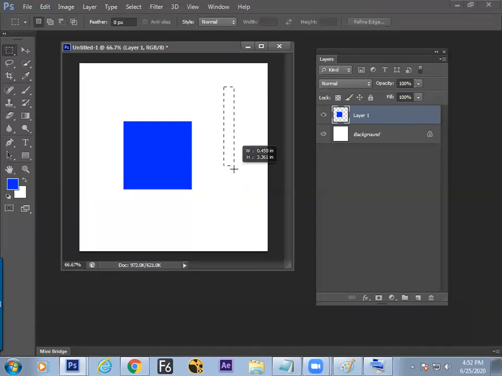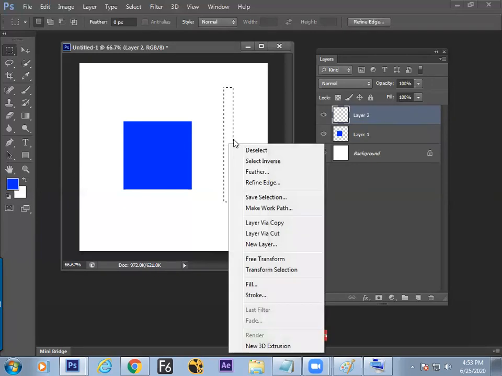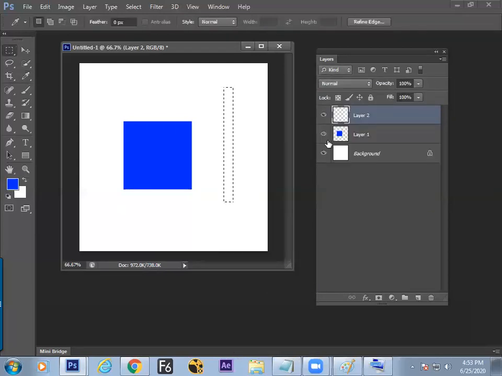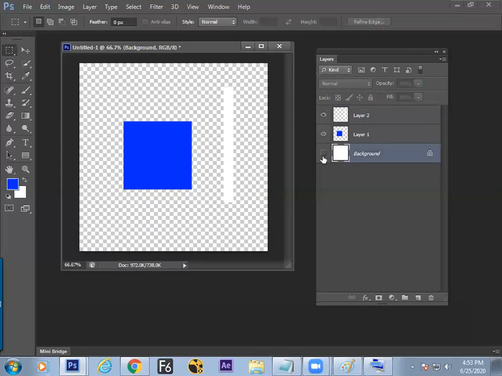Now make a horizontal box, take a new layer, fill the white color by the background. Control backspace, or else give a right click, switch to the fill, ask the software to fill the background. White is filled, but it is not visible, am I right? Because the background is white and the object is white, that's why it is not visible.